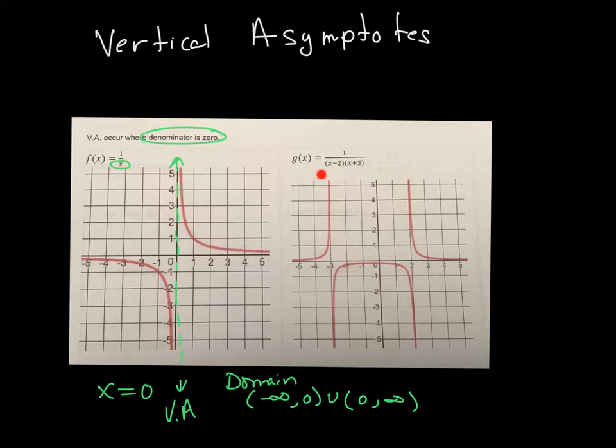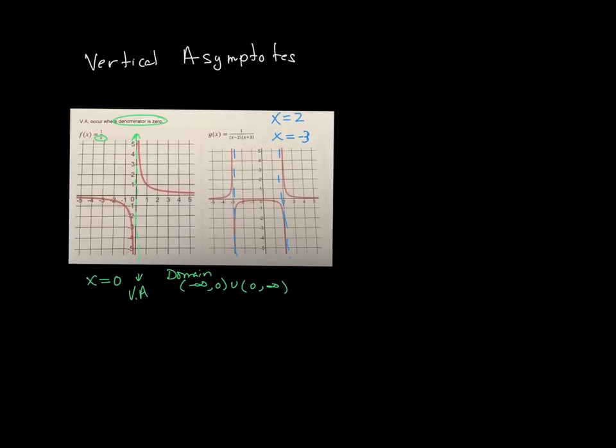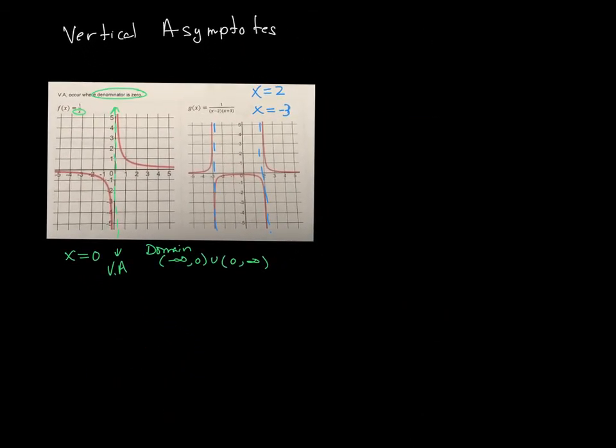If I'm going back up to this question, I'm going to have two vertical asymptotes here. The vertical asymptotes here occur at x is equal to 2, and the other one, x is equal to negative 3. Those values happen here and here in both of those. Now, along with that graph, you can also find where those vertical asymptotes are when you're given a function. Let's say I had